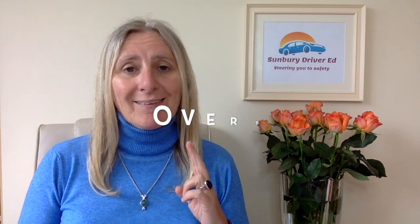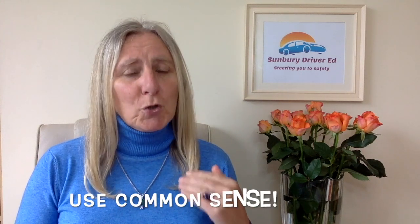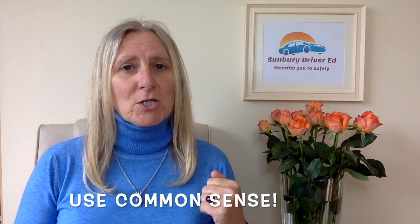Number 2 is signalling overtaking. Now, this can be quite confusing for some people because there are times when you're overtaking that it's appropriate for you to indicate, and there's times when you're overtaking that it might be misleading for you to indicate. So use your common sense in these situations. Have a look at the traffic up ahead. If there's a full road of cars parked on the left-hand side, it would be more to your benefit to